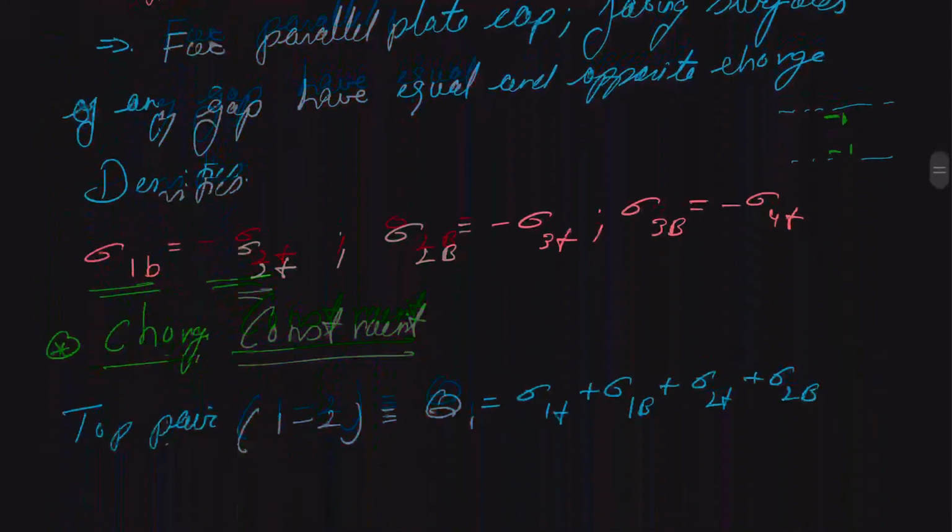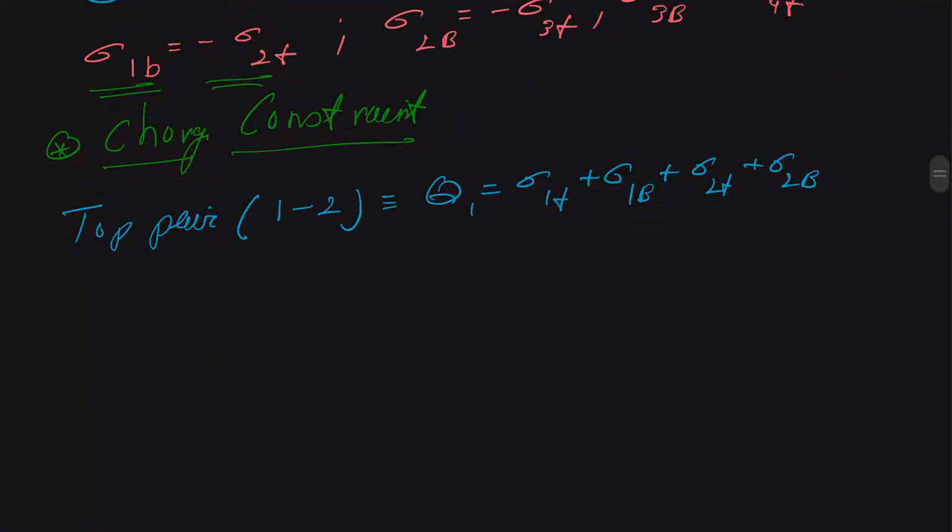So we simply substitute it. Therefore, in terms of this Q1, we can write the surface charge density of the outer plus sigma 1 bottom, and sigma 1 bottom is equal to the negative of sigma 2 top,